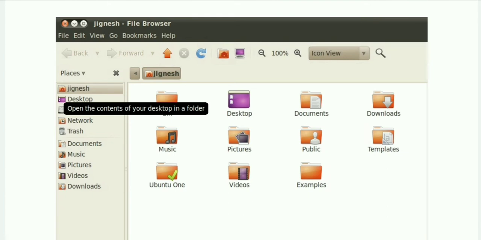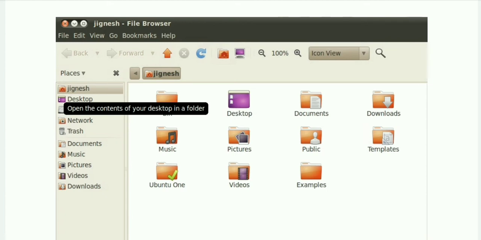Then, in icon view, some of the time it will show you the content preview. Suppose if any file is there, now currently you can see that these are all folders only. But suppose you have saved any file, then when you click on the file, it will show you the preview in the content pane only.